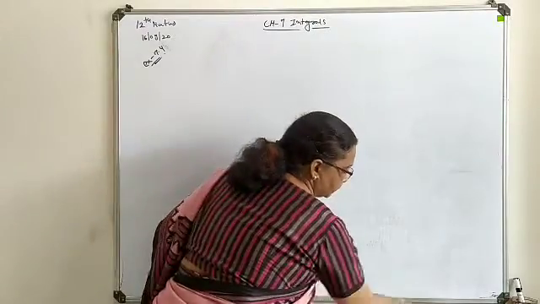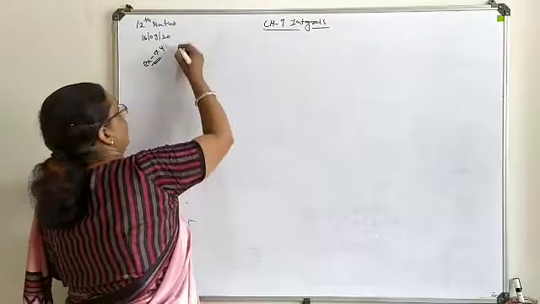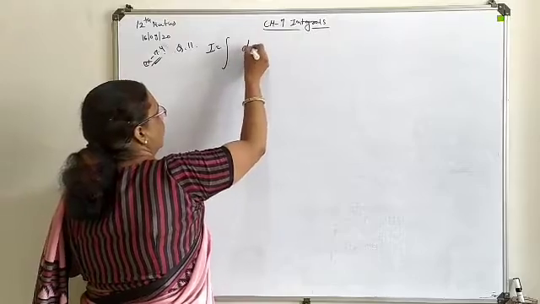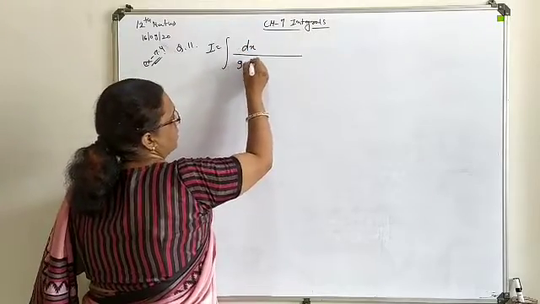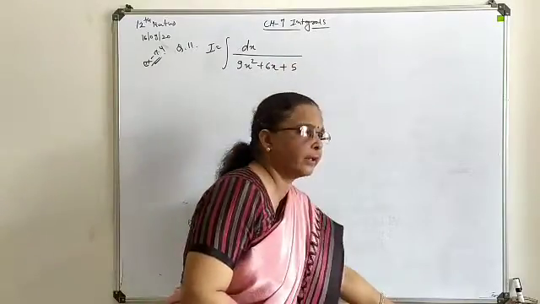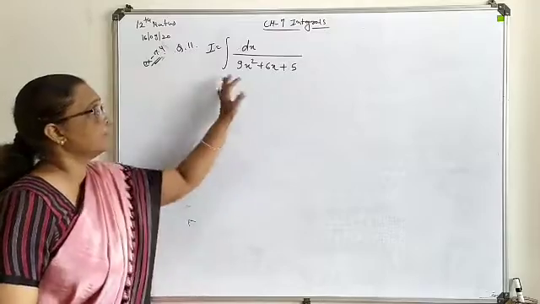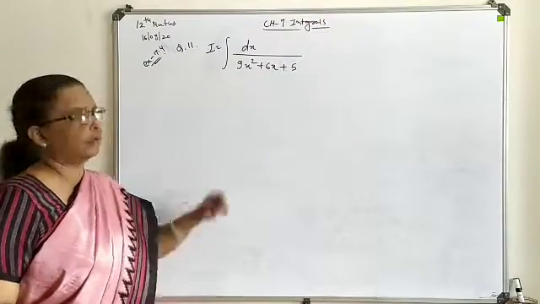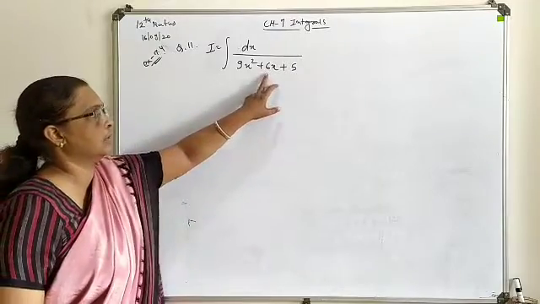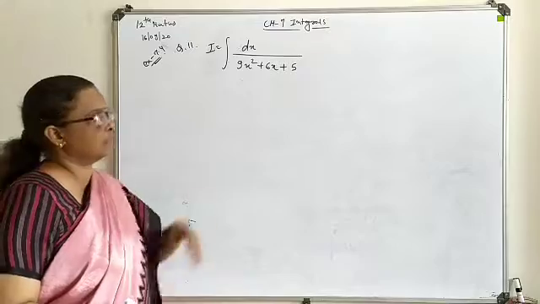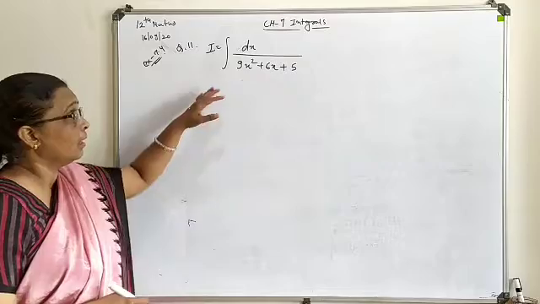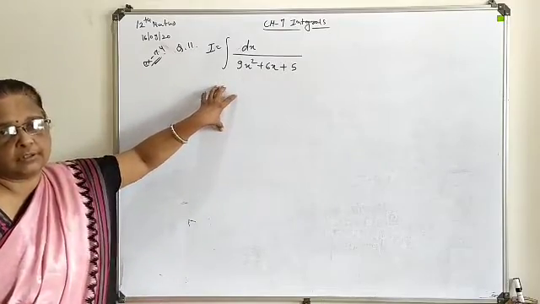In the 11th one, your question is 9x square plus 6x plus 5. If you look at the terms, you will see that we can't generate a direct perfect square. This 9x square is the square of 3x, and if you write the middle term, it is 2 into 3 into x, and plus a constant we have separately. So here we have to frame what the perfect square should be.